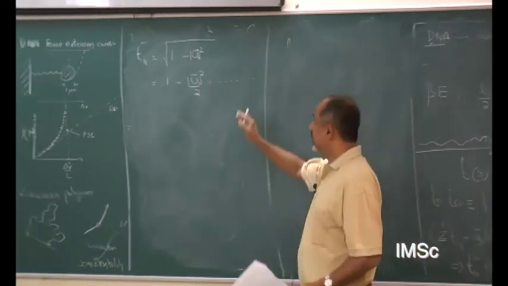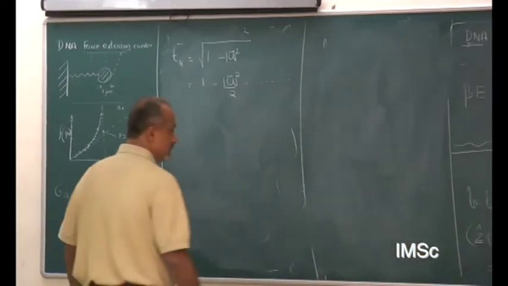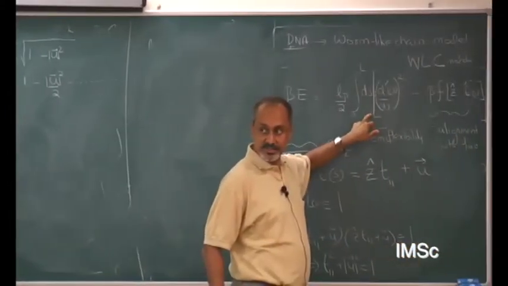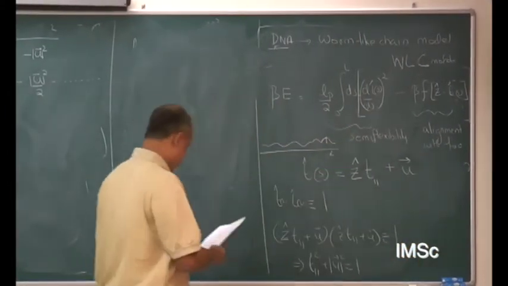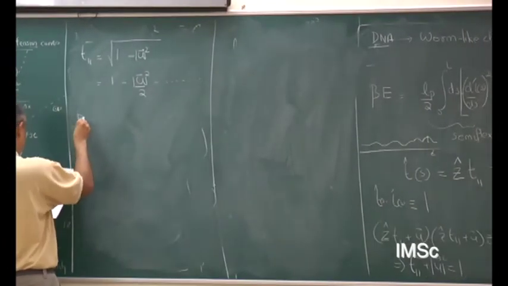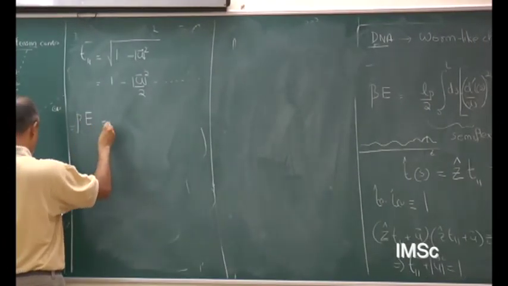So T parallel is 1 minus mod u squared divided by 2. We can take this now and put it back into this particular expression here. Okay? And when we do that, what we find is from the first term beta times E is,